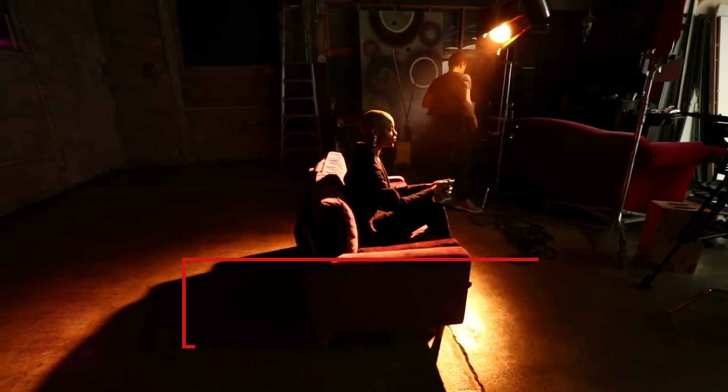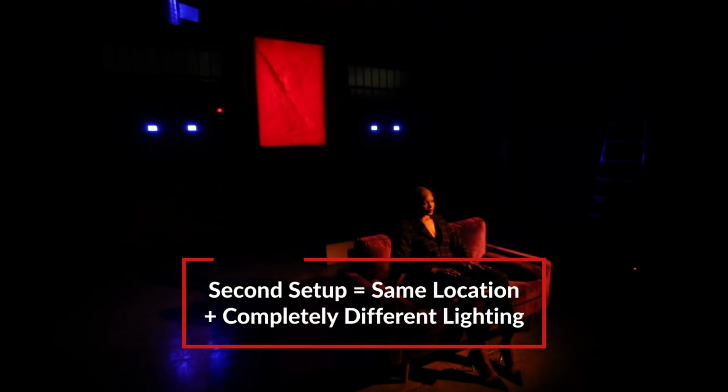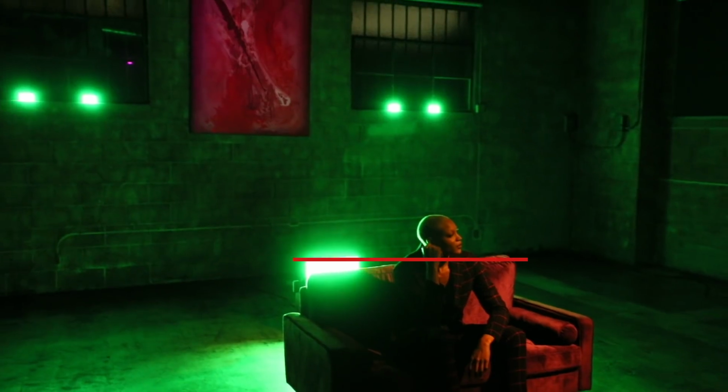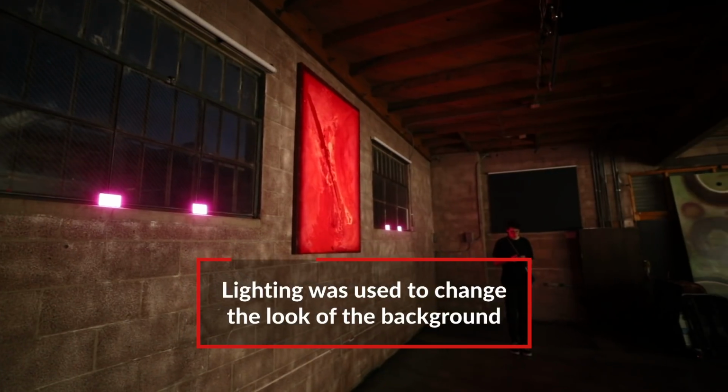For the second lighting setup, we had a different outfit. It was darker, it had this red window pane pattern on it, so we wanted to keep the location the same, but change the lighting to complement the outfit. I also wanted to highlight the windows in the background and create more lines by putting a big rectangular painting